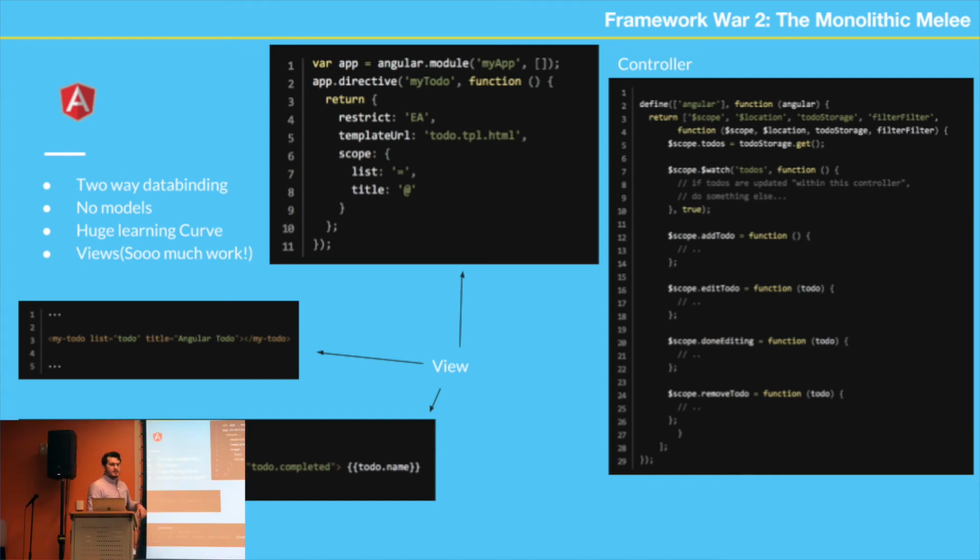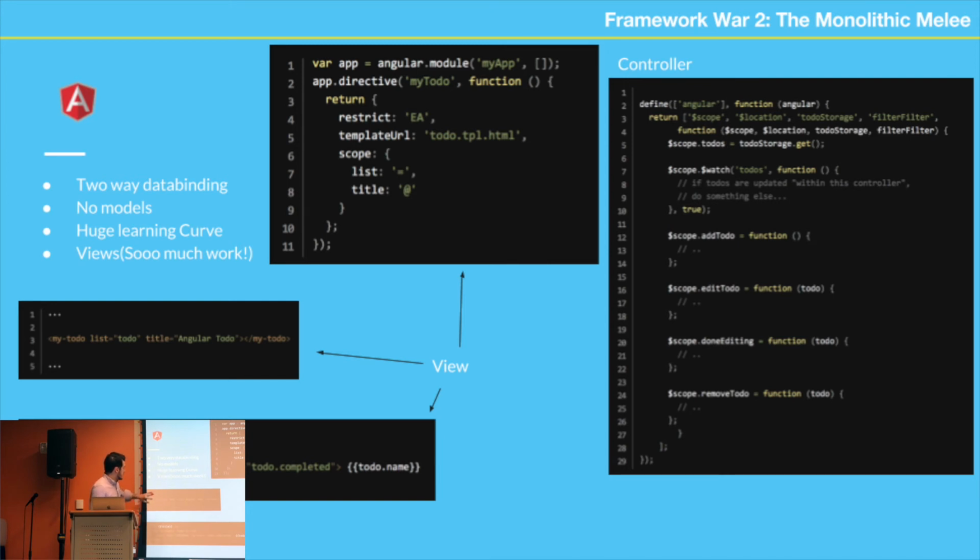But what it meant is, let's say you had a text field and you're inputting information, and you had a label, or a p tag, some text over here, you can set up your controller to where whatever you type inside the text field, the label or the text on the other side will update. That was really cool. I remember when I first saw that, I'm like, that is awesome. I love Angular. Not really knowing what was going to happen later on. Because when you have a simple to-do list that's gold. But once you get into a real-life application, which we will in a bit, you're going to see how that backfires pretty quick.